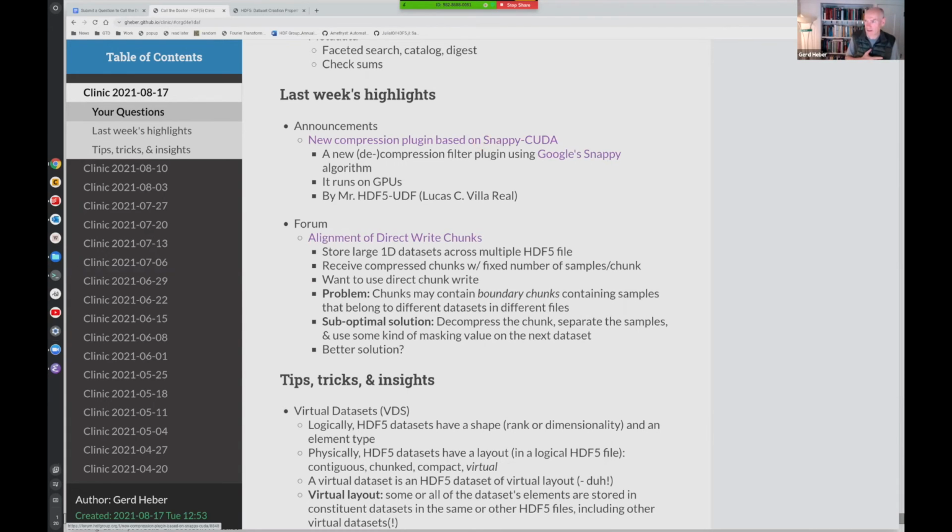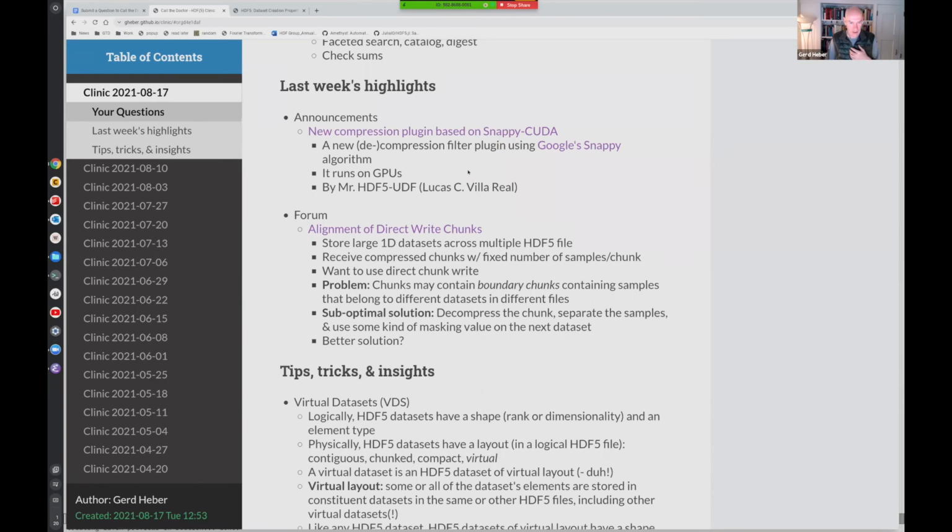Snappy was from the days of the big data serialization formats. There were all kinds of different compression methods bandied around, and of course there is always a trade-off between compression speed and compression ratio. Snappy is snappy, but it typically doesn't compress as well as some of the more costly methods. Still, I think it's a great contribution, and definitely GPU-based compression and decompression is a hot topic these days.